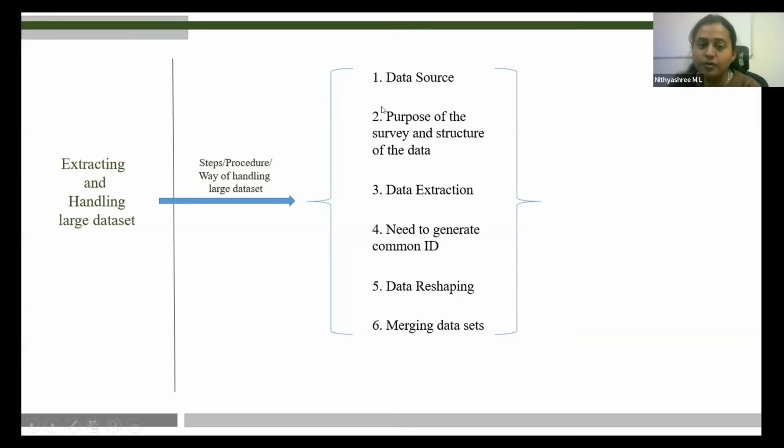The first step, of course, we need to know the data source, where we get the data and how to access it, which I will be discussing. The second thing is the purpose of the survey and the structure of the data, because before buying or accessing unit level data, we need to know what that unit level data consists of.